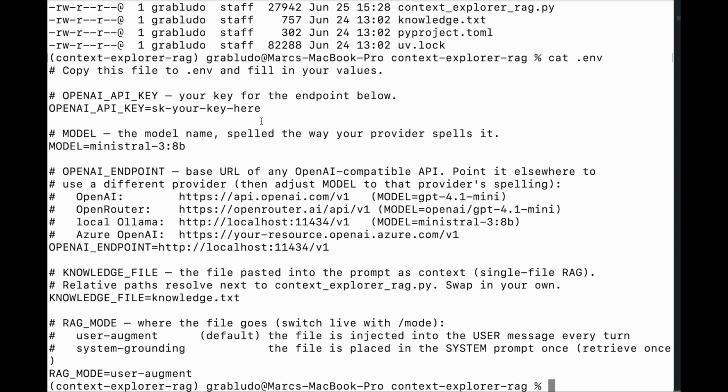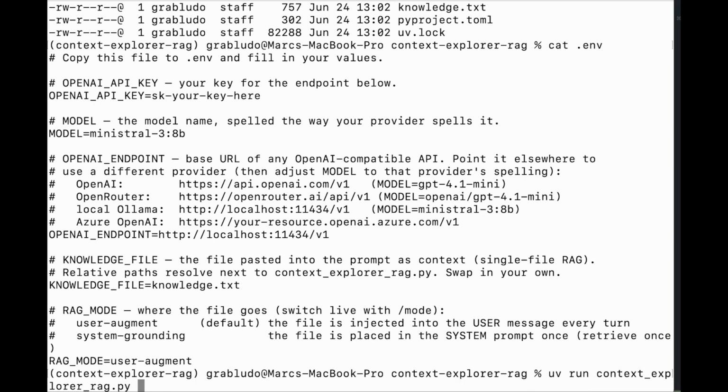And you can see that I'm using the model Ministral, which I'm running locally on my machine, and the OpenAI endpoint that is here on the localhost under Ollama. So what I have to do right now is just launch the program, uv run context explorer.